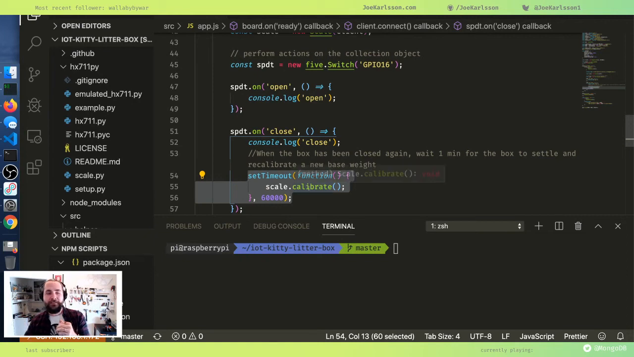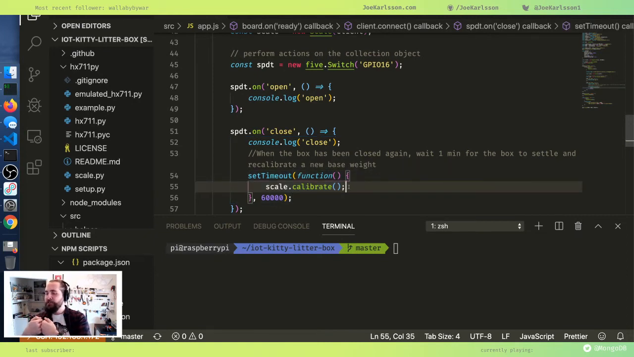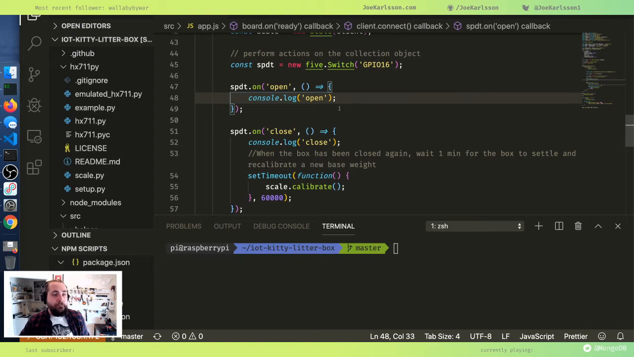Then I recalibrate the scale. So when I close it, I would assume I just add new litter to it or clean the box or something. But the new base weight's changed. I need to set a new base weight for when that cat comes in. So that's what's happening there. But on open is when we actually want to submit a new event